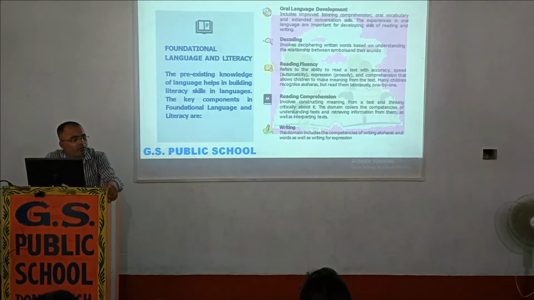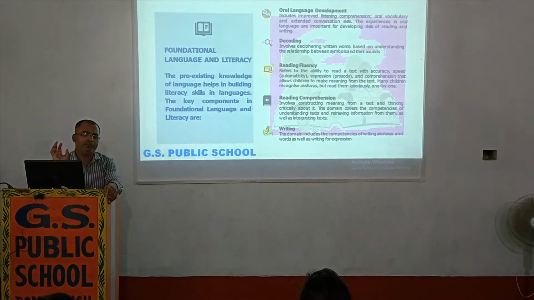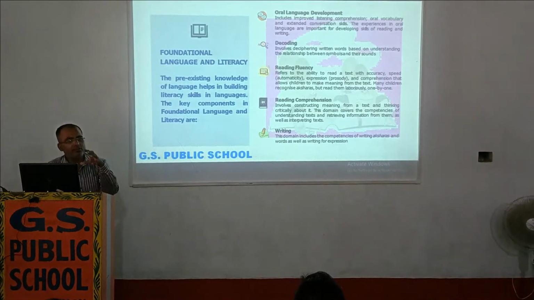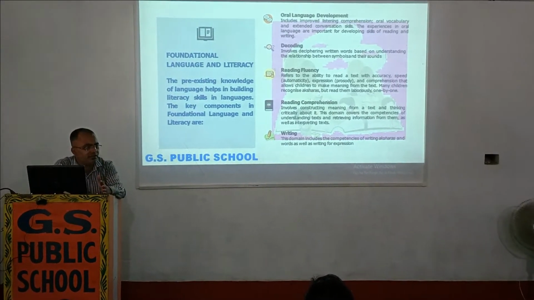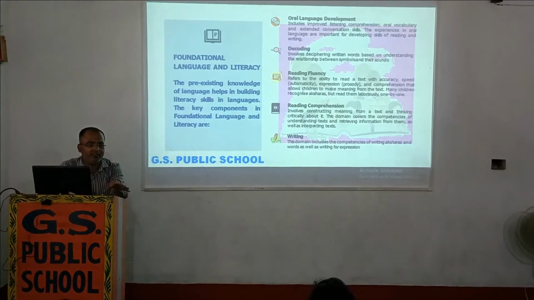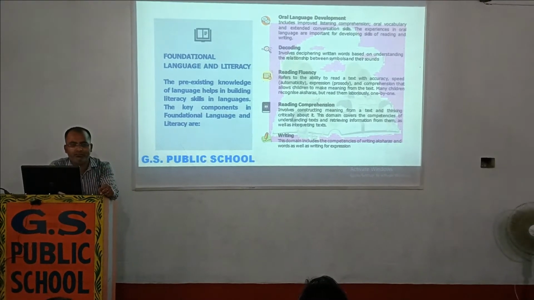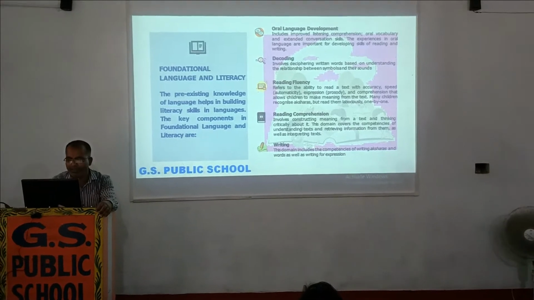Now, why has the Government of India given so much emphasis, or made its main focus, the introduction of FLN? A student from the base level, that is from Balvatika or let us say LKG or UKG, should be able to read the word. The student should be able to count the numbers. This is how we have to strengthen the base.